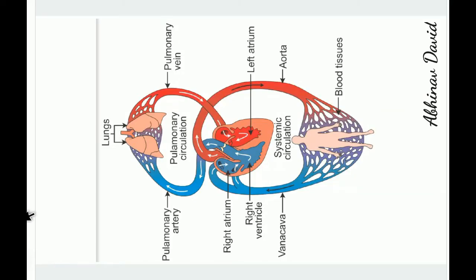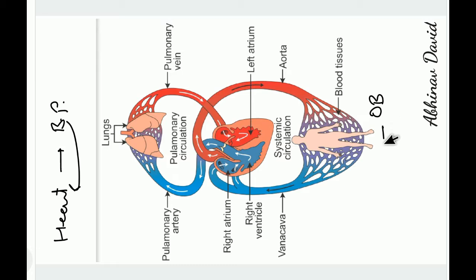Now, as we have already discussed the double circulation, we have already seen there is a circulation between the heart and body parts and then back to the heart. You can see in this diagram, this is the heart and these are the body parts, and the upper part is the lungs. From the heart, the blood goes out into the aorta, and this is the oxygenated blood, and it is transported to the different body parts where the oxygenated